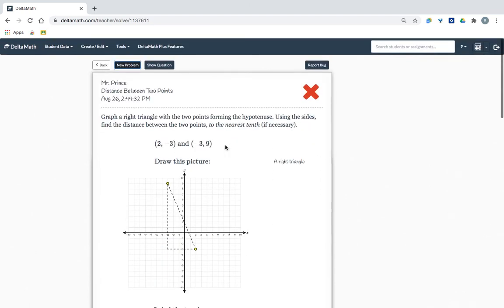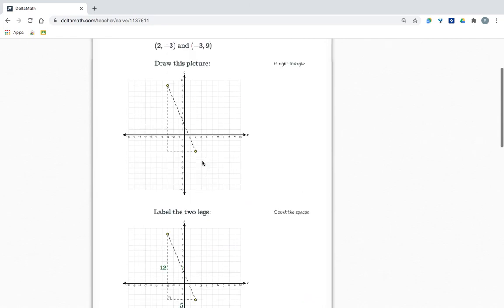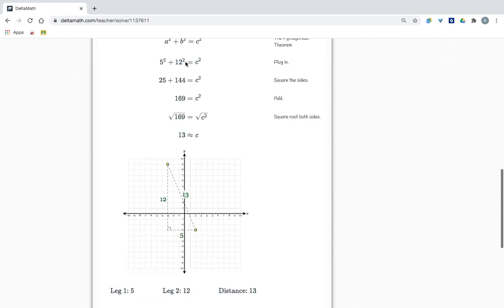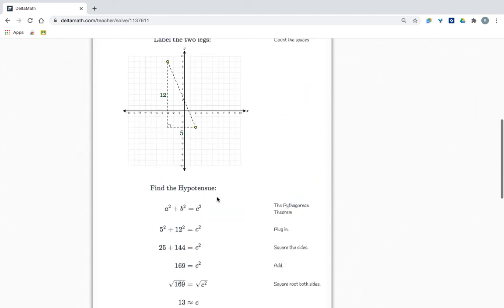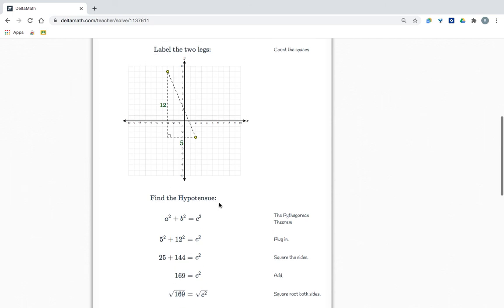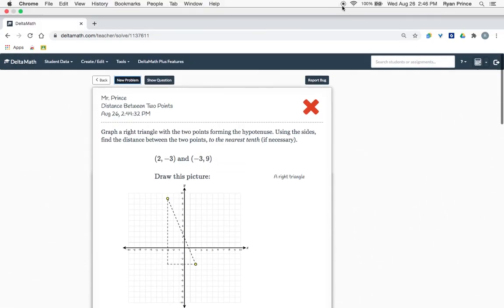So, if you do get something wrong, you need to compare what you've written on your paper, what kind of math you've done, with what's on Delta Math here, because it's showing you all this good stuff. That way you can then see where you made a mistake. And if you don't understand what happened or why you missed it, then that's going to be something you're going to want to talk to me about. Just click the Google Meet link at the top. I'm going to be there. They spelled hypotenuse wrong, so that's weird. But it should be pretty good. I think you guys will like